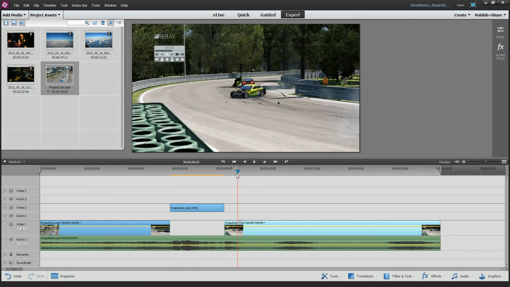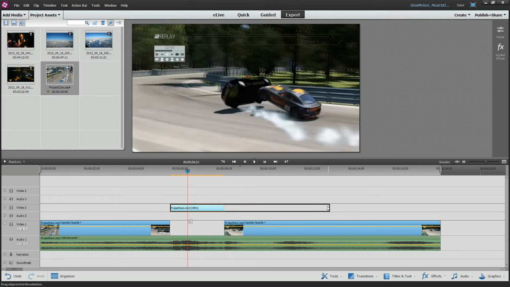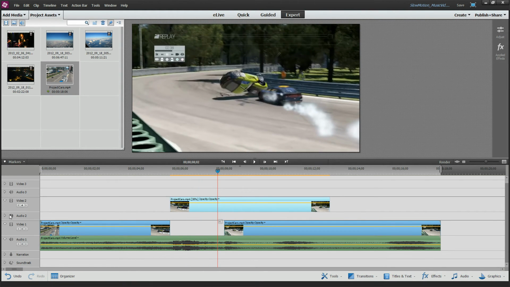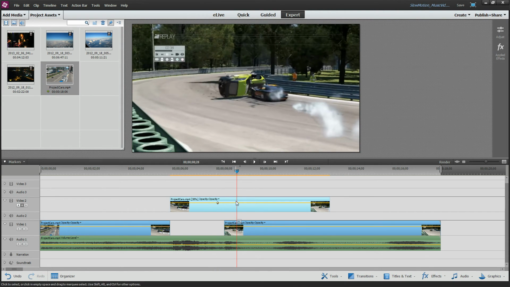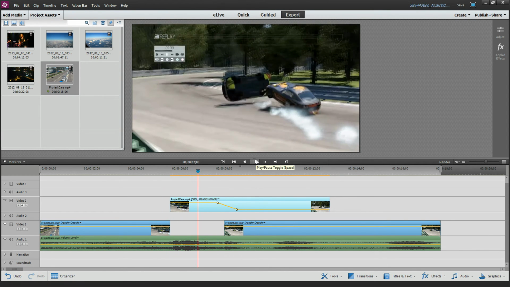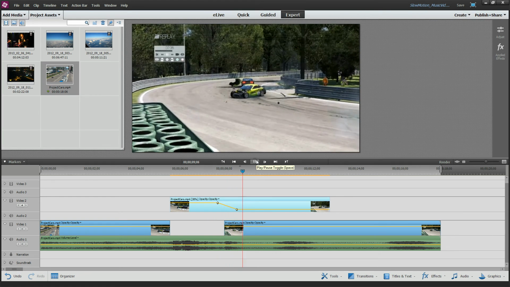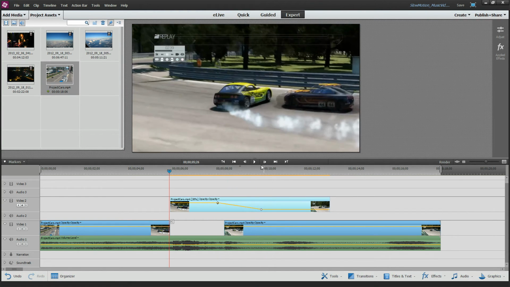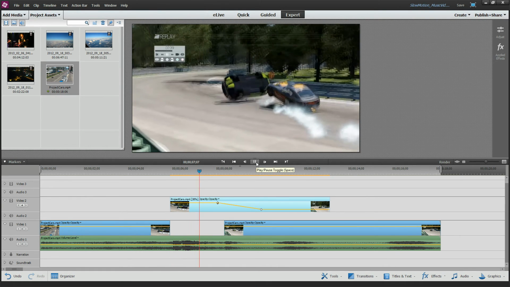And that's kind of too much of a wake-up call for me. The other one that we can do, we can always go in here to the opacity and just change the opacity to allow it to gradually go into nothing. That's actually one of my favorites. Just kind of a neat way of gradually going from one video to the next.